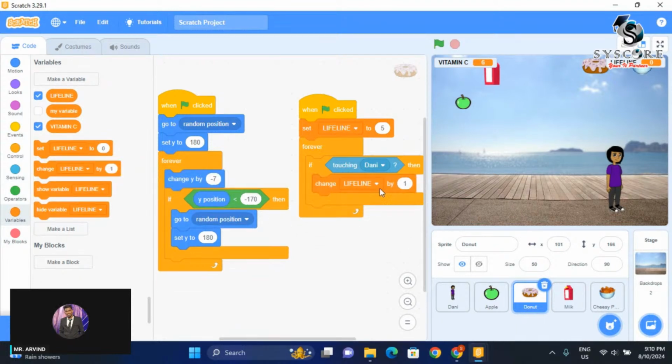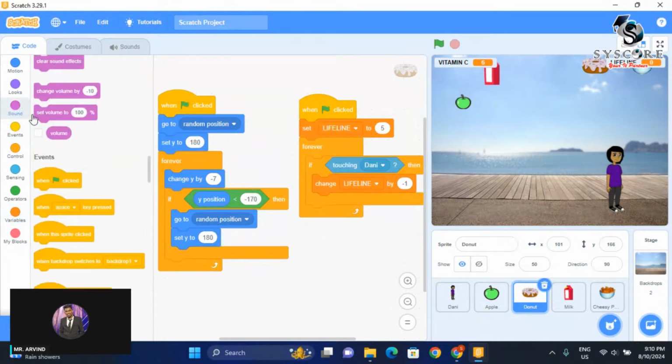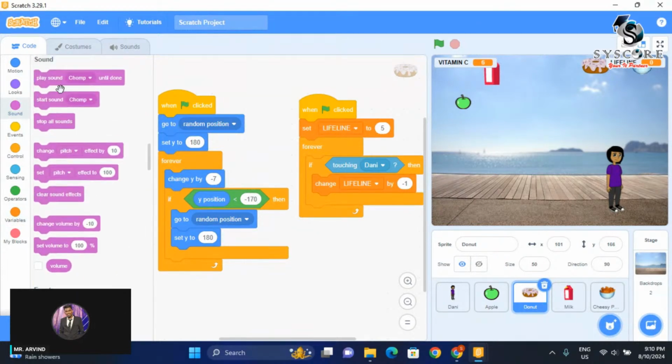So the lifeline should be changed by -1. That means the 5 will keep on changing with a decreased value. It will be -1. Whenever it's -1, you can put a sound over here. Go to sound,